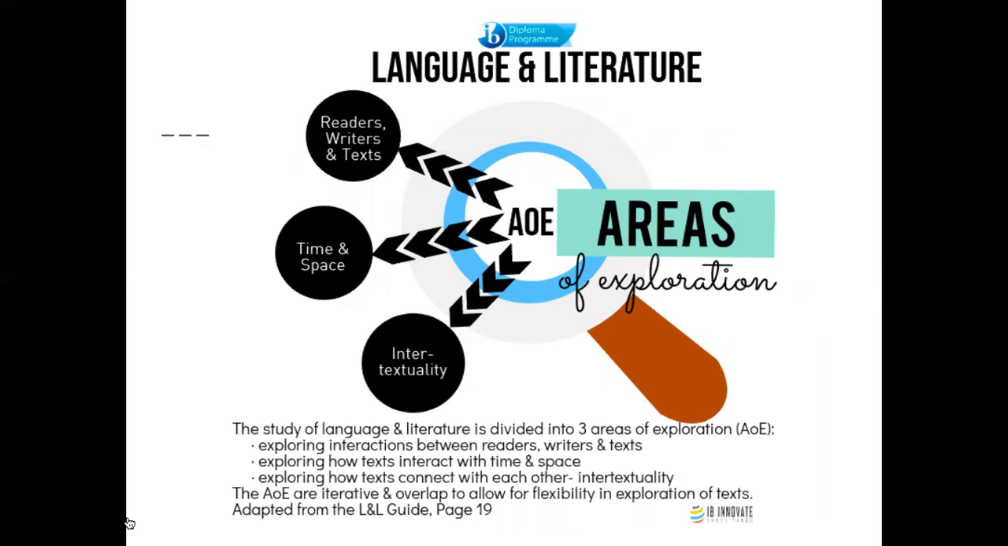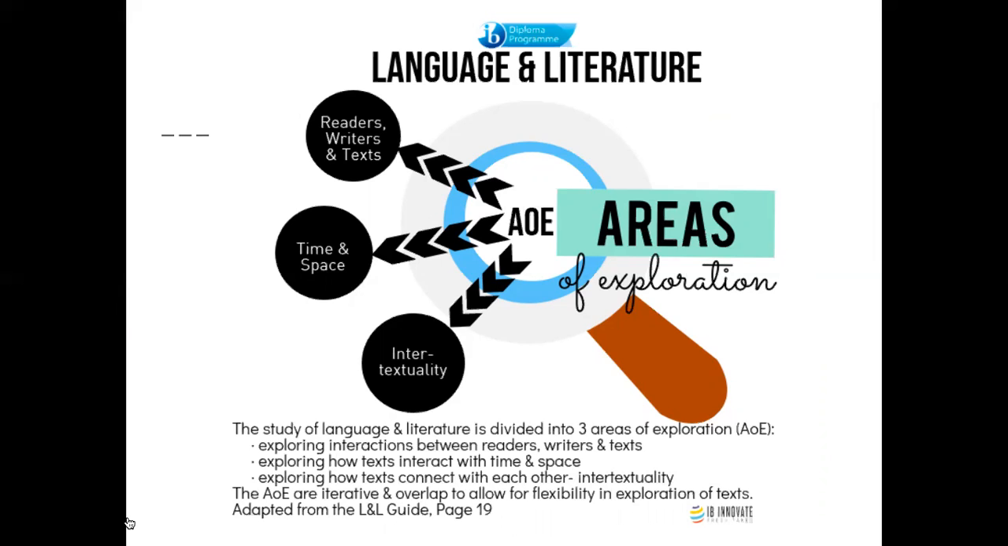The first area is readers, writers, and text. And what that area does is it asks us as readers to explore what motivated the writers to create the text that we're analyzing. So thinking about the historical time period, the political movements, the social atmosphere, how did that influence the writer, and how do we as readers interpret that or understand that? Thinking about time and space,